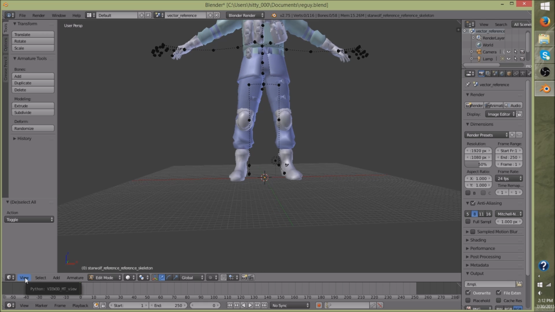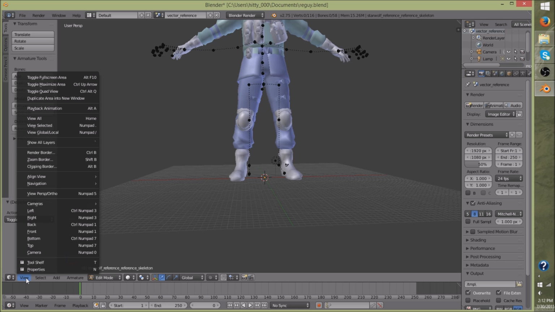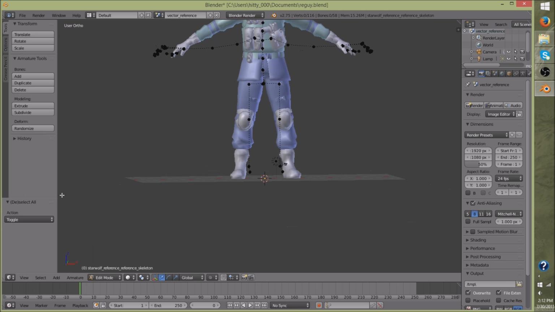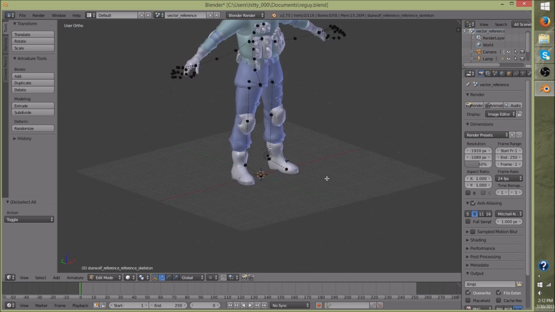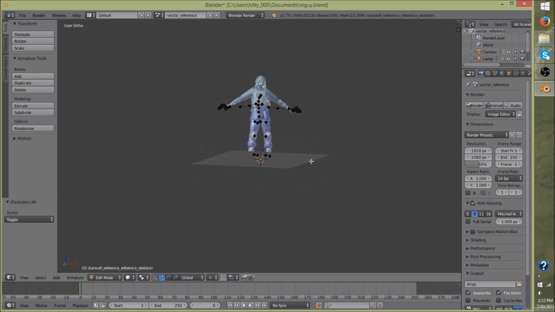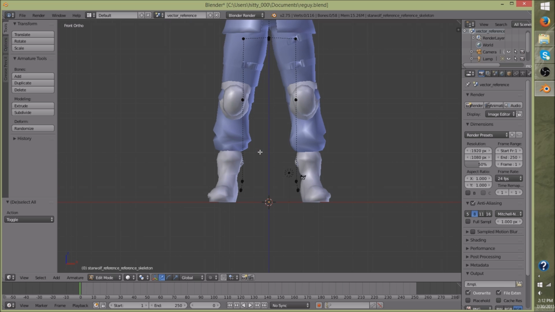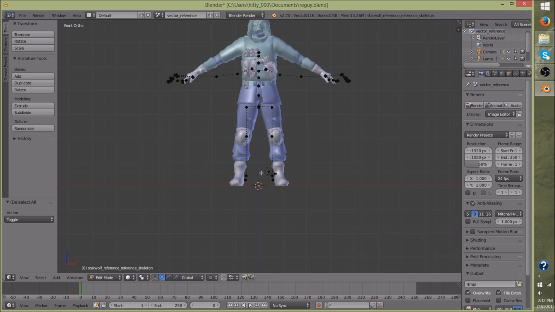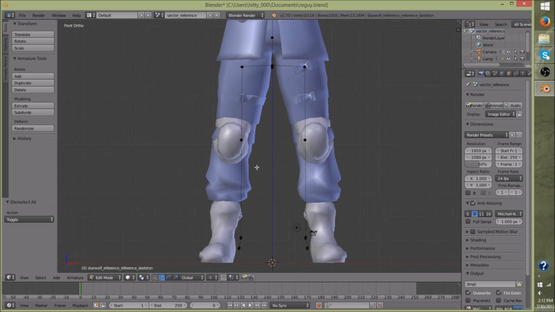Basically, what we're going to do is hit view, go up to view persp/ortho, and click on it. Now what this will do is change the way your Blender screen views the model, and it's very difficult to explain, but it'll basically just really help when it comes to looking straight at your model so that you can get the exact